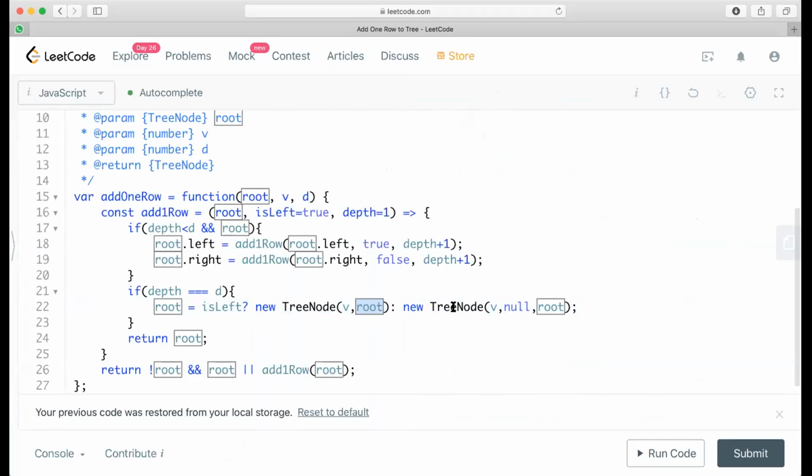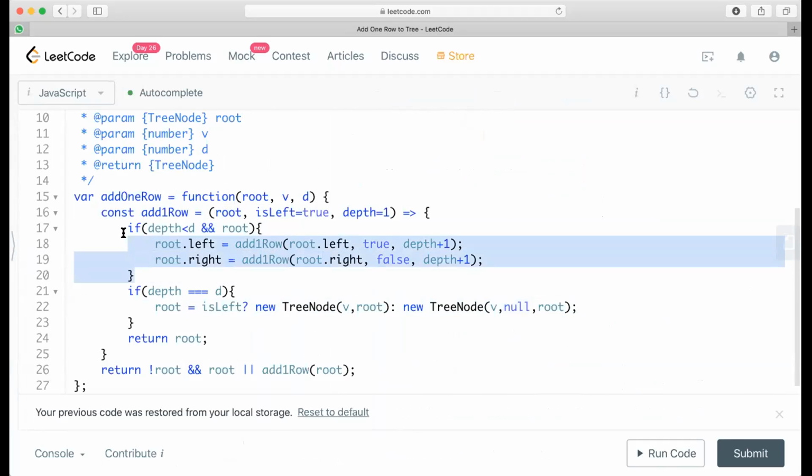If I'm coming from the right, then on the left there is nothing, and on the right there is the root. Once this returns back, obviously it will go to this stage, because I'm coming from depth 1, 2, 3. There is no other way. The depth is going to increase level-wise, right? So once I return from here, this is the backtracking part.